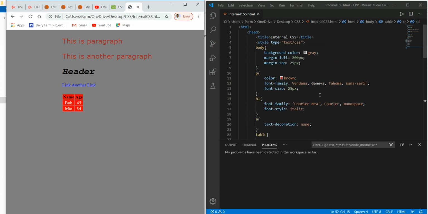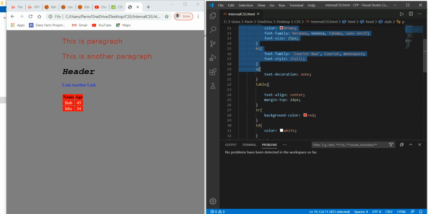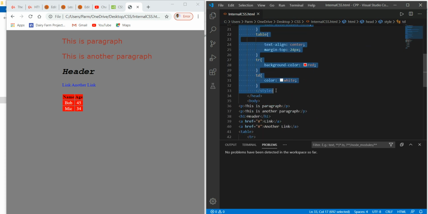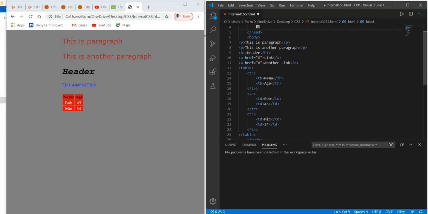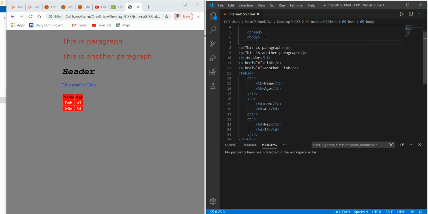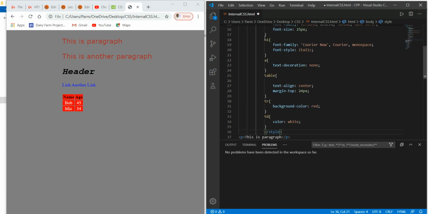In this case we have used the style element in the head. It is not necessary that we use the style element within the head only. Say we cut it from here, and I type it here in the body. Save this. It doesn't make any difference.